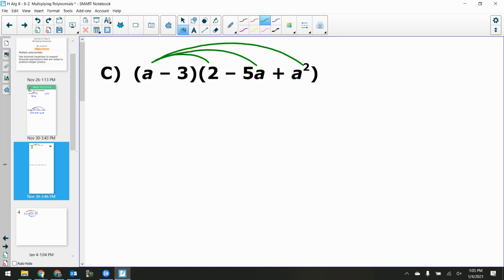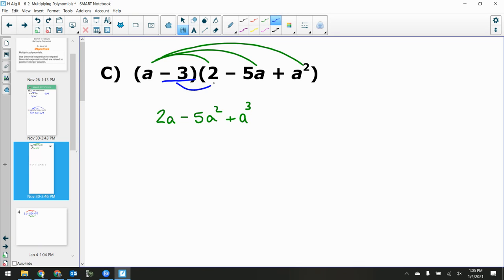So let's distribute with the A first off. Bring A into all parts of the trinomial on the right. Trinomial meaning 3 terms. A times 2 is a 2A. A times negative 5A is a negative 5A squared. A times A squared is an A to the third. And now we bring in the